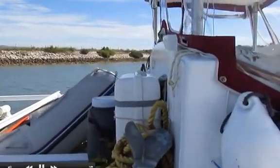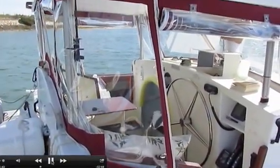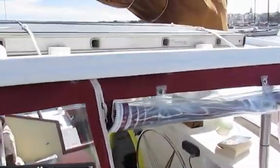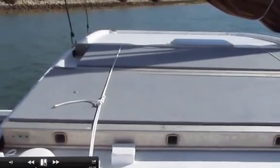Right, okay, let's swing around and we'll move to the deck pod. Looking into the pod, I'm going to show you a couple of things that I've changed over the winter. Oh yeah, before we go inside, up on top here,